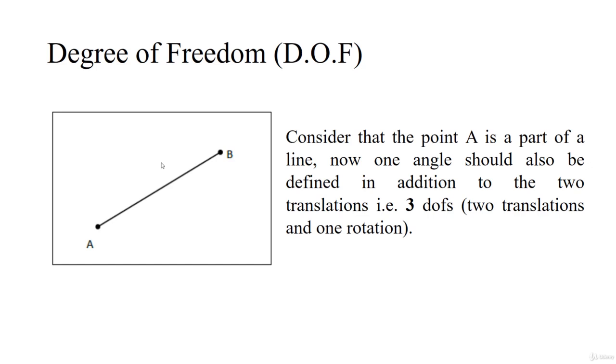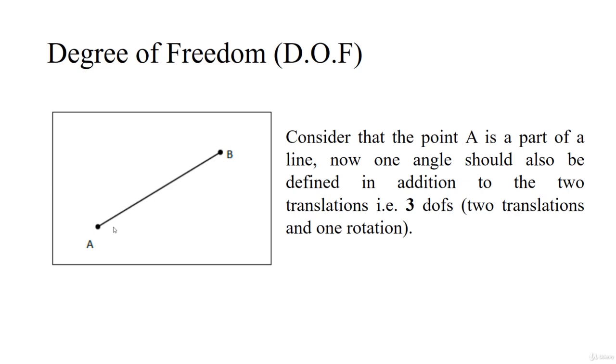Then coming to the same 2D plane, instead of a point we are going to take a line, and now we are going to define the position of this particular A. Now I need to define the distance between this point and this line, and likewise the distance between these two entities, and then in order to completely define that position I also need to define an angle. So in this problem, in order to define the point A, we are going to define 2 translations and 1 rotation, which means for the point A we are going to have 3